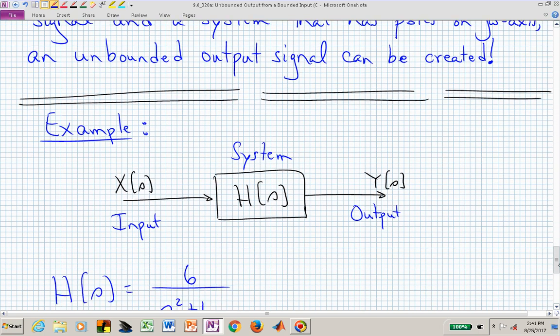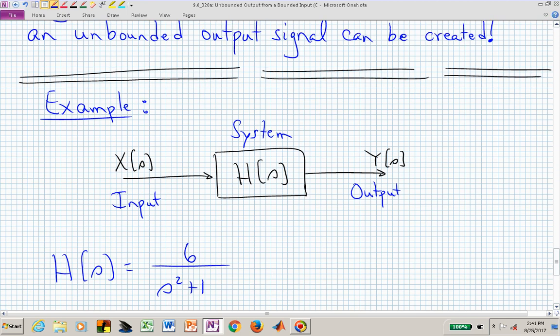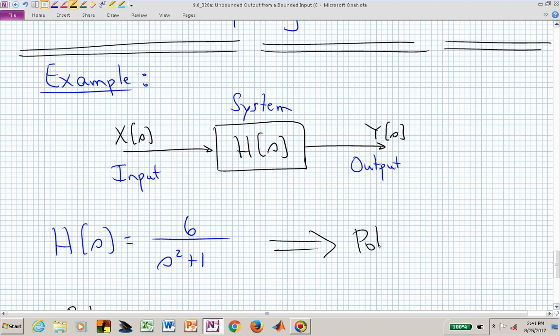We've already looked at this in general, but suppose that now somebody gives you a system and they say, okay, your system is 6 over s squared plus 1. Probably the very first thing that you want to be doing when somebody gives you a system is figuring out what does it naturally like to do. And what it naturally likes to do is vibrate or behave consistent with where its poles are located. In this case, we have poles